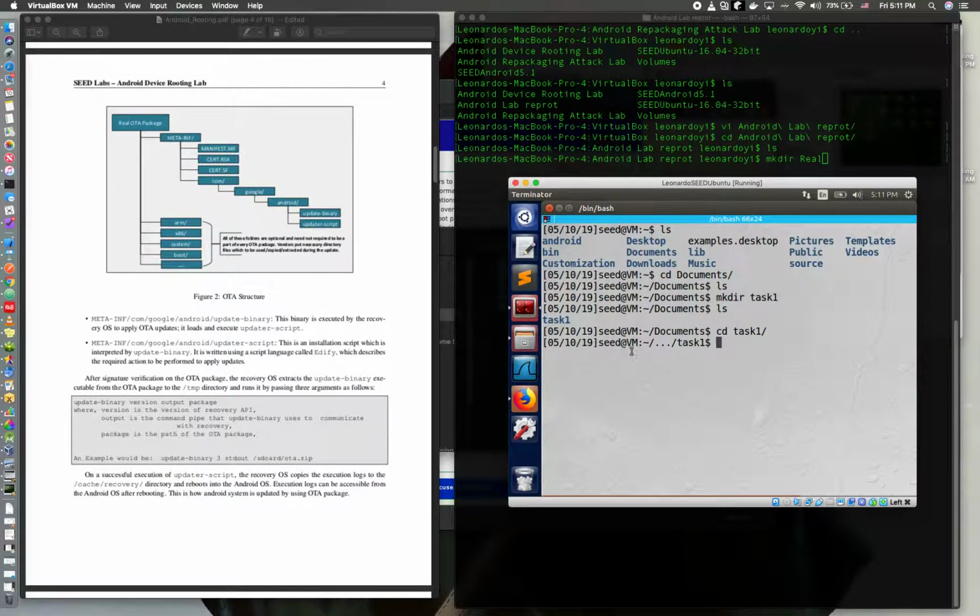Here, we were talking about the Android device routing lab, Task 1. We see that the Android device routing is mainly because of using the OTA package. The OTA package is called the over-the-air package. It's what Android uses to